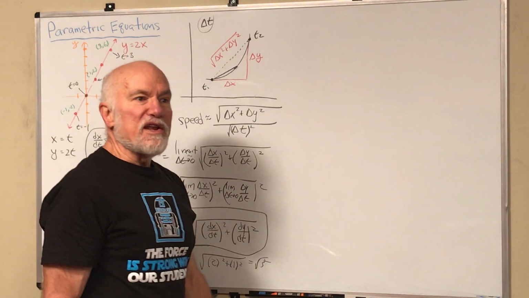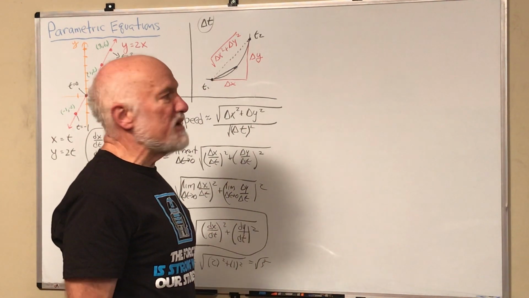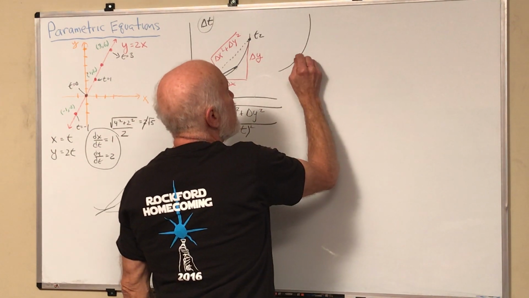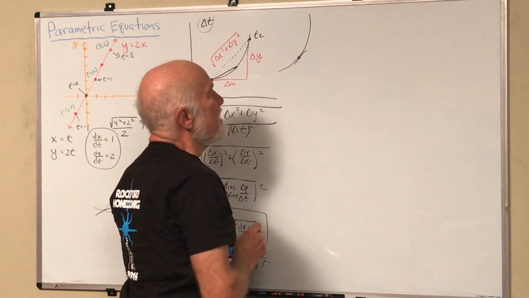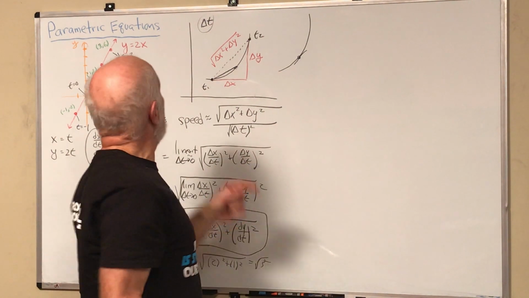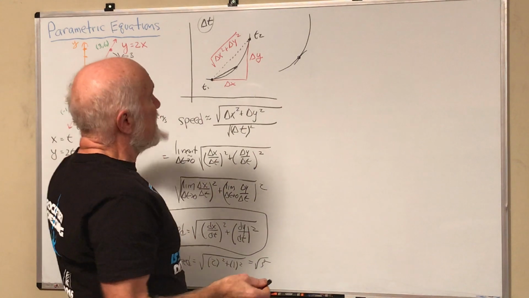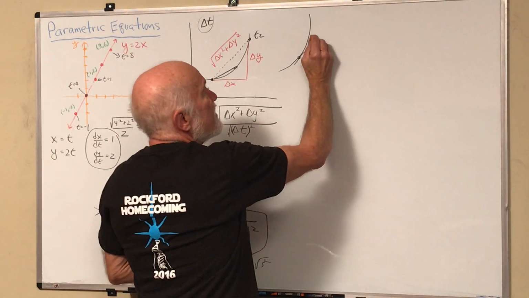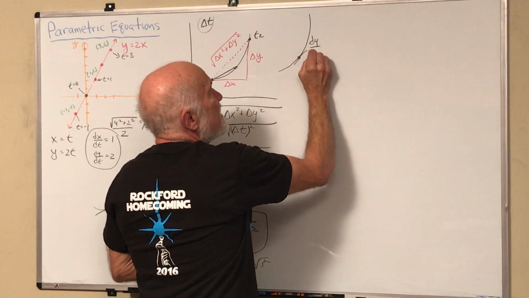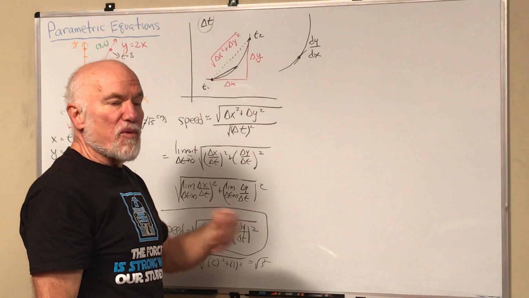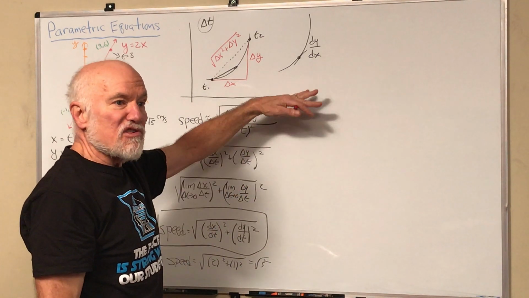What else might you want to do in this new mode, this parametric mode? Well, maybe if you've got a curve, you'd want to know the slope of it. Well, whenever we're in the xy coordinate plane, which we still are, the slope is always the change in y over the change in x. So it's always going to be dy/dx. Whether you're in rectangular or parametric, that's still going to be the slope of a curve.